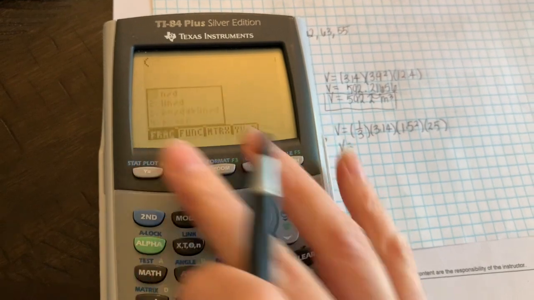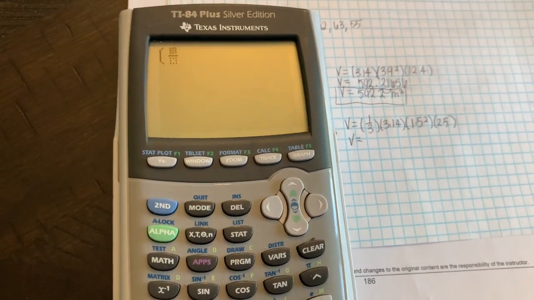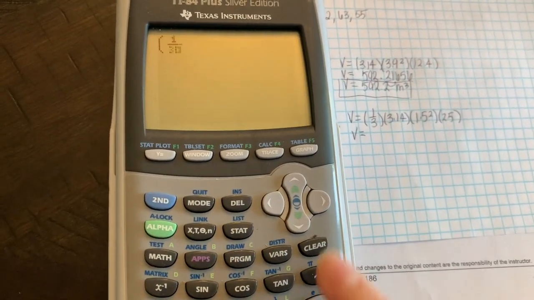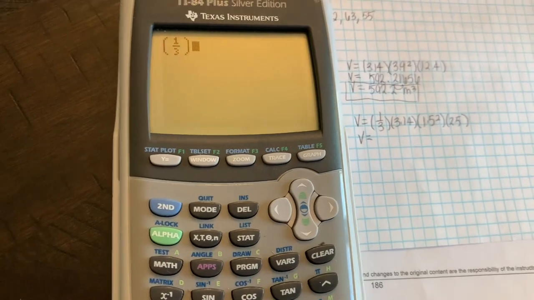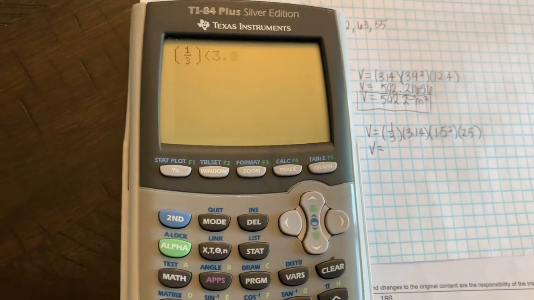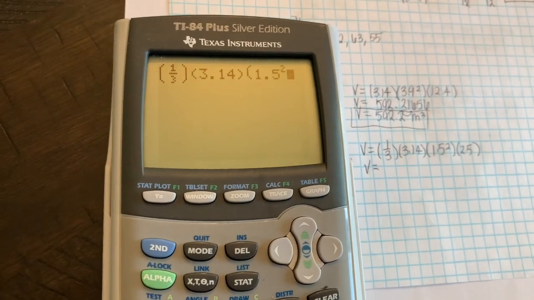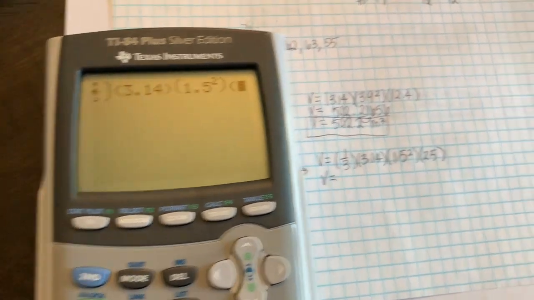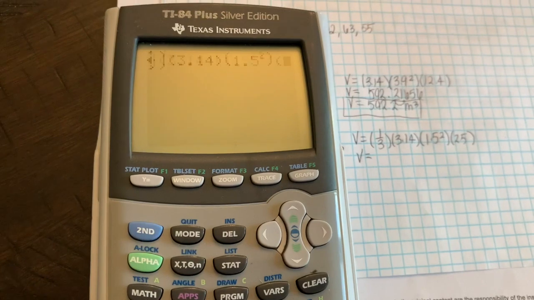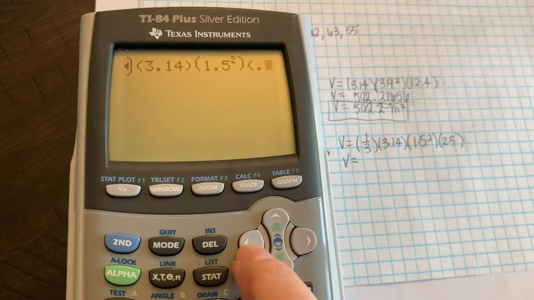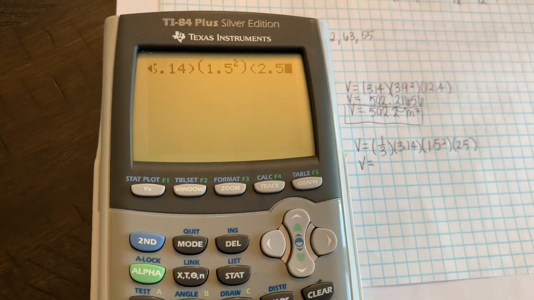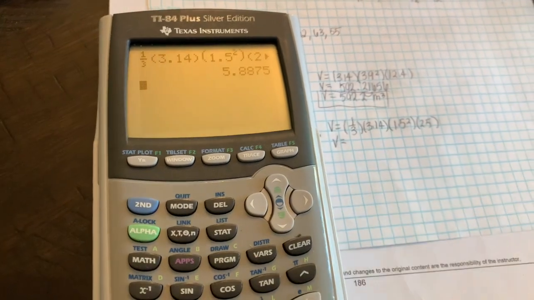Remember, alpha y equals, and enter. 1 down 3 over, parentheses, times 3.14 times 1.5 squared times 2.5. If you ever need to go back, just use your arrows. Close your parentheses and equals